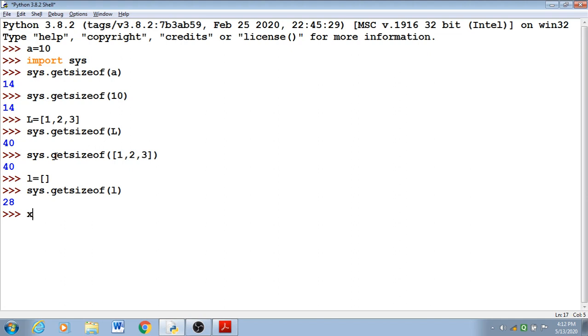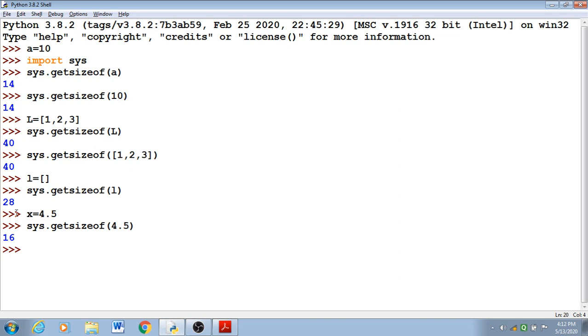Let's check a floating value also. Variable or value, both you can check at any point of time, no problem. You can directly give the value also. It is 16 bytes. These sizes are dependent on the version of the Python interpreter you are using. That means a lower version can give you some other sizes also, but this is the normal tendency.